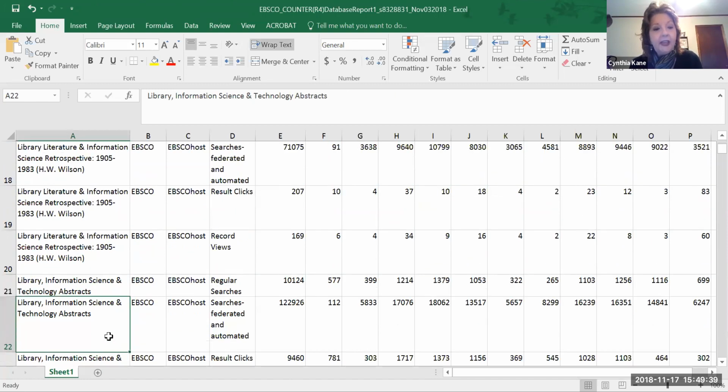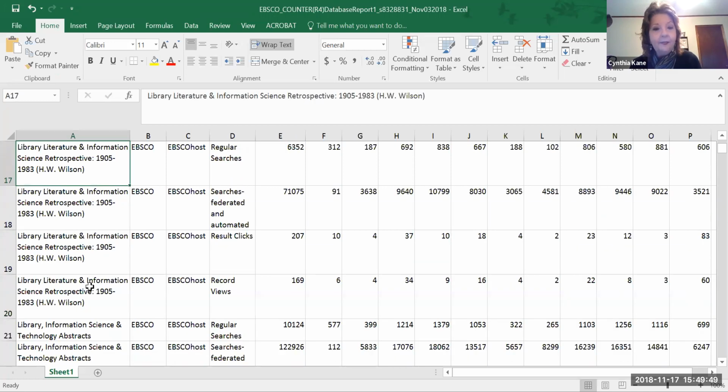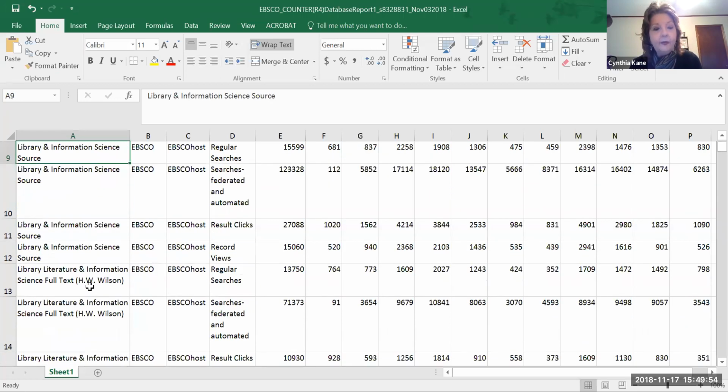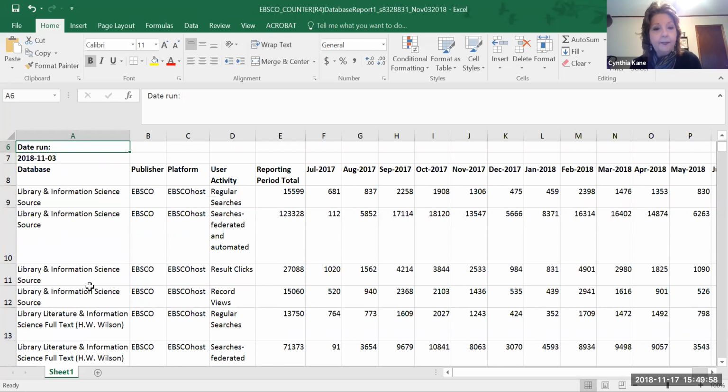And finally, this one is actually known as LISTA for short. It's Library Information Science and Technology Abstracts, but there is some full text that will be linked on that as well. Again, keep in mind that any of these statistics for databases or electronic journals are just simply that. It's one metric. So I can see that from July 2017 to June of 2018, there were a lot of